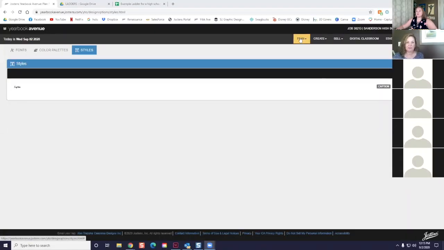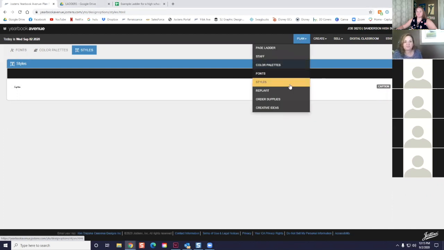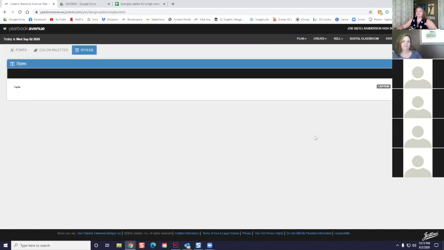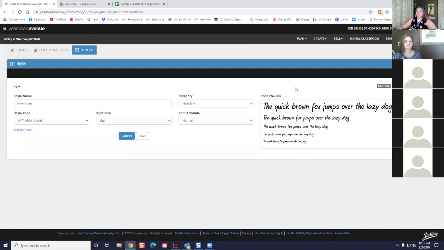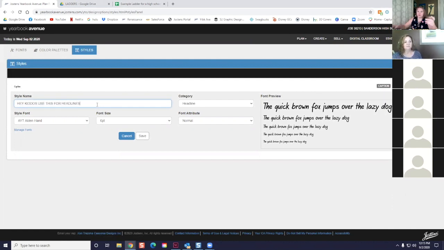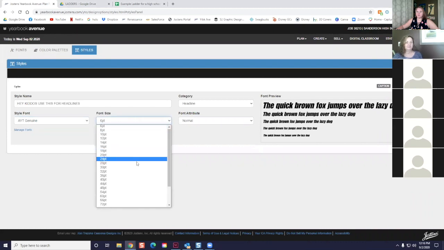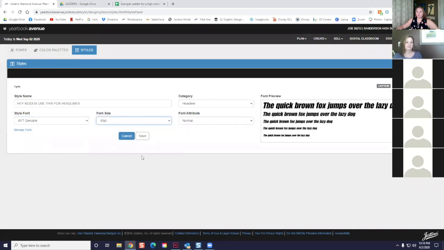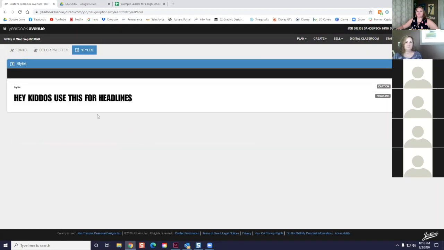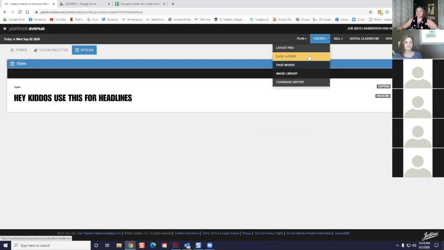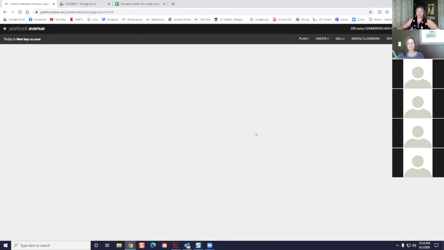All right, so I went to Plan and Styles. And this is going to open up the style section and I can add a new style. You can call it anything you want to. I don't care what you call it, okay? And then you make your font choice. Let's say we're going to do Genuine, and then you make your point size, any attributes you want to add, and hit save. Okay? So then when I go back to my Page Ladder in Layout Pro,